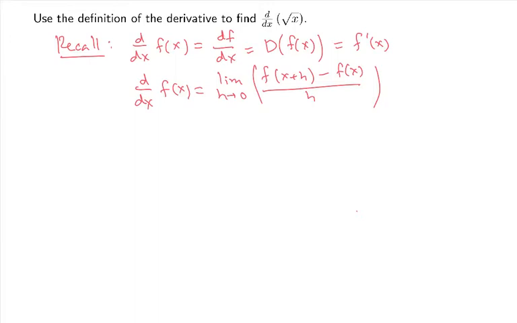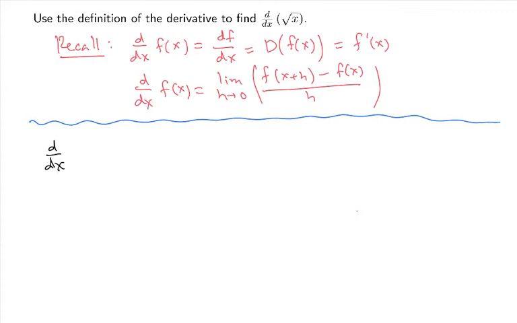So now that we have those definitions out of the way, we're ready to tackle the problem that we have, and that is trying to find d dx of the square root of x. So our f of x is square root x, and let's apply this definition to it. So we were looking for d dx of root x. By definition, this is a limit as h goes to 0 of this difference quotient right here. So for our function, we're going to have the square root of x plus h minus the square root of